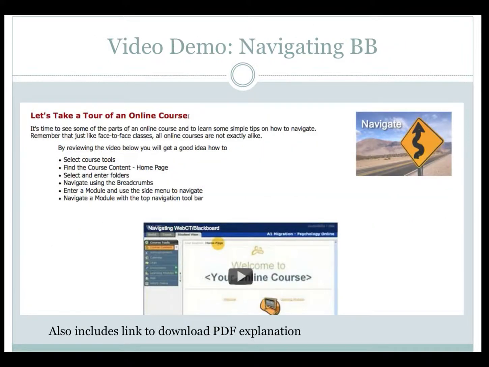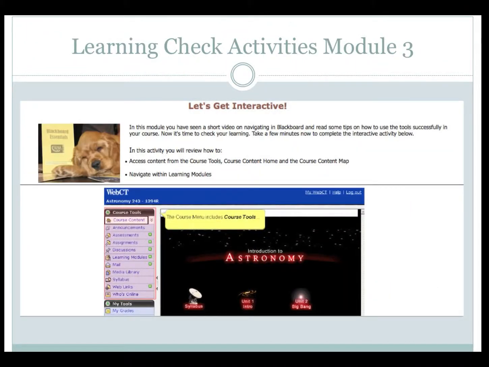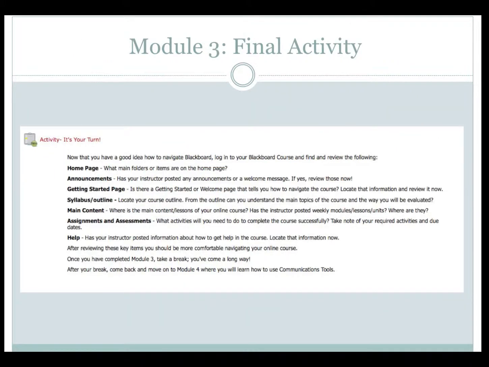An embedded video demonstrates the tools and navigation. Additional tips are given with graphics and text. An embedded interactive activity allows students to navigate within a simulated course in a step-by-step process. The final activity of this module asks students to log on to their real course to use the tools and